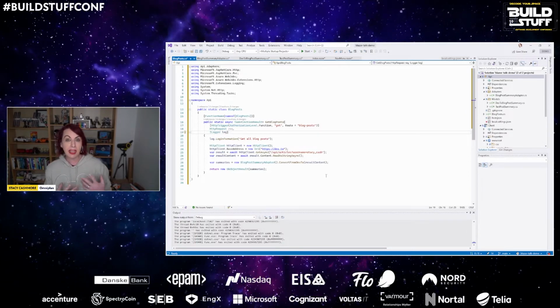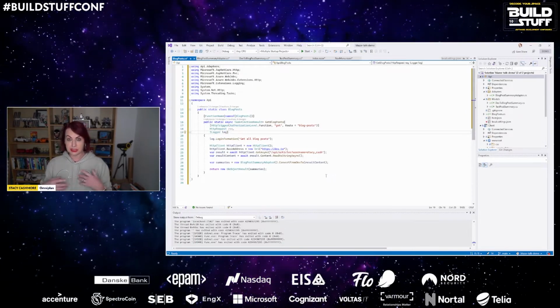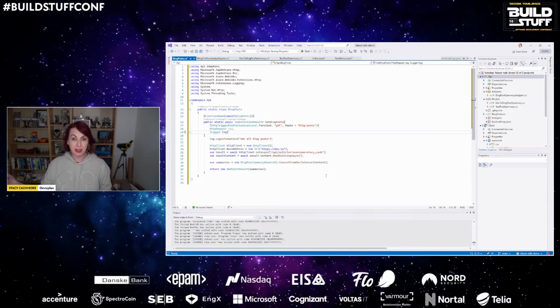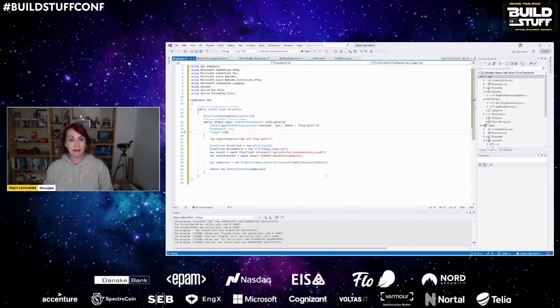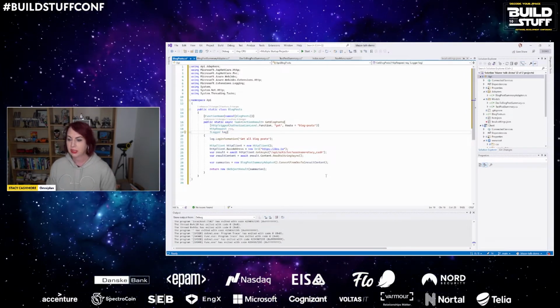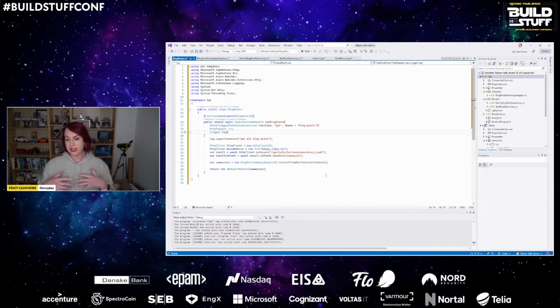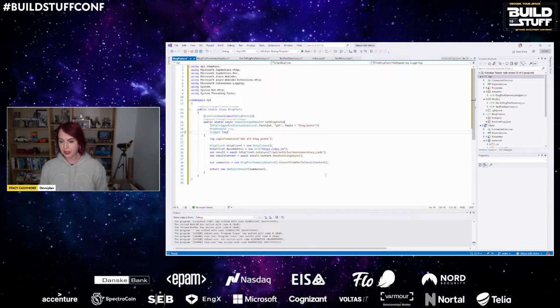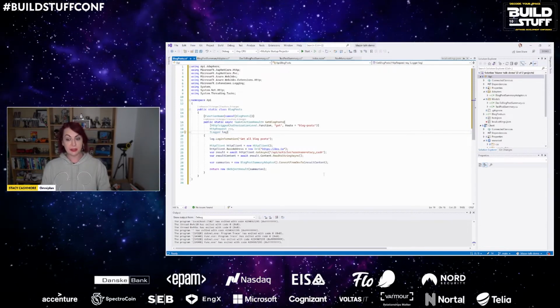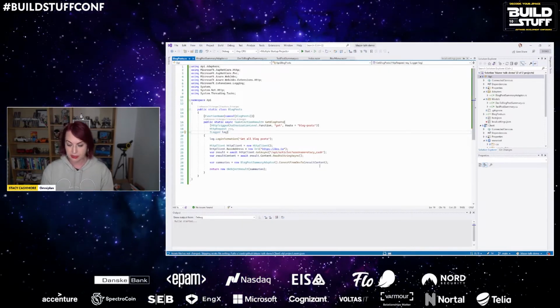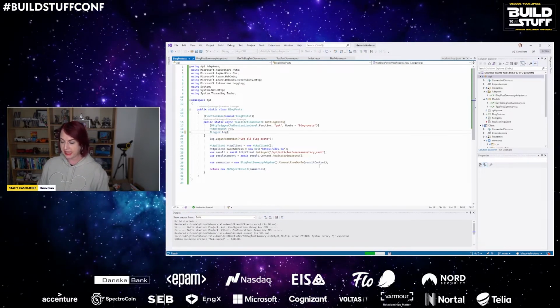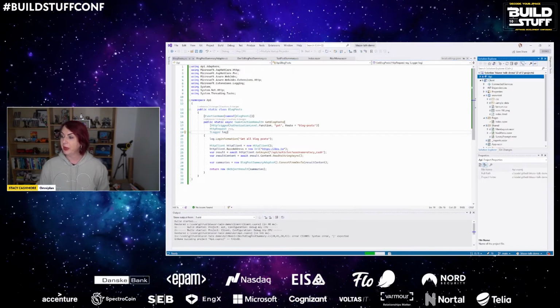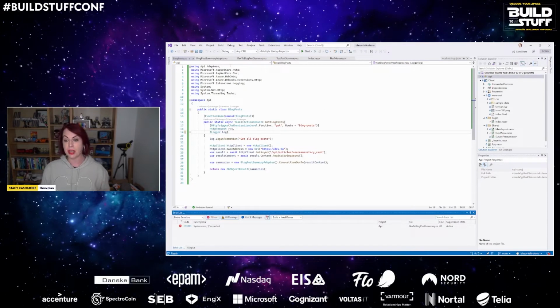It's going to new up a HTTP client so that we can talk to dev.to. I'd probably use dependency injection in production for this. Again, for demo, I'm not setting that up. And we're going to get all of the articles for Stacy Cash, for me. We're going to run those through that adapter that I've just made, and we're going to return them to the front end. Quick build to make sure I've not done anything bad. And we can now close our API, and we can move on to our client.